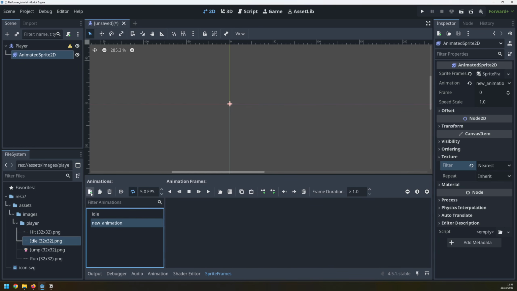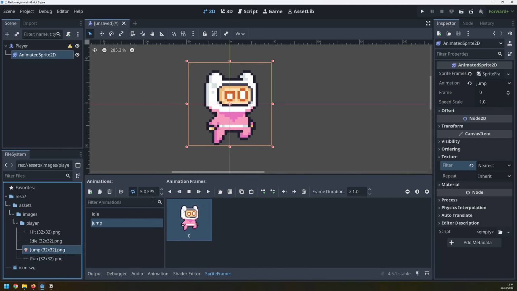We can now add more animations here. The next one I want to do is the jump animation. That one's actually just a single frame, so this time I don't need to call it from a sprite sheet. I can just drag it across. The frame rate doesn't really matter because there is no animation here. It's a single frame, but I'm going to set it to 20 just to keep it consistent and avoid any